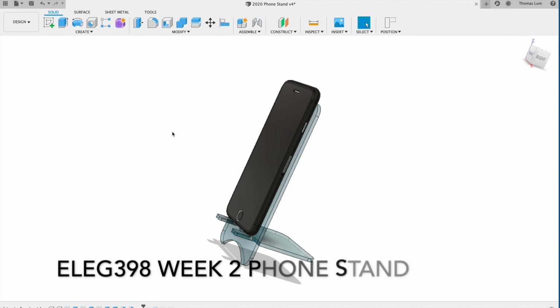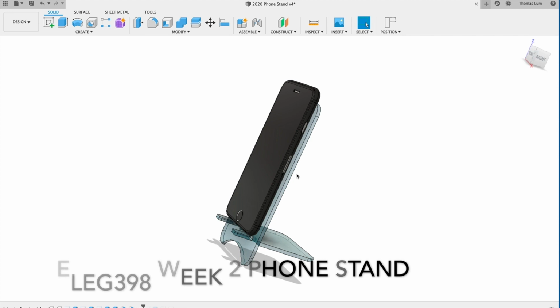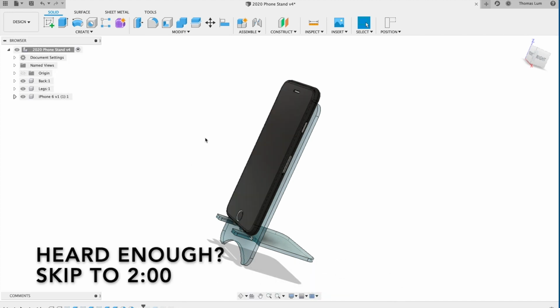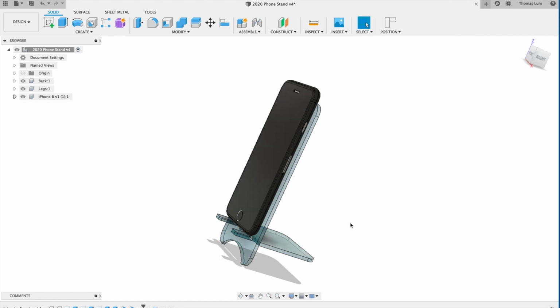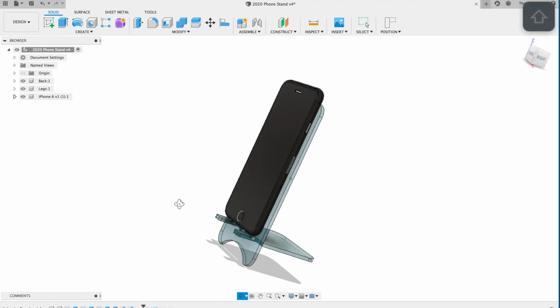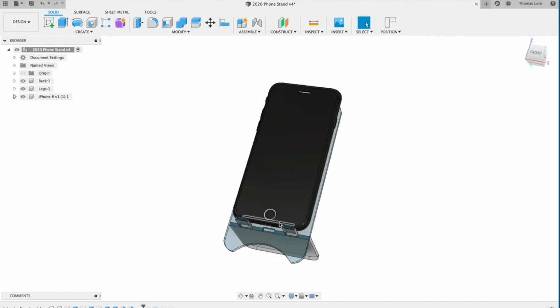Okay, so this is what we're going to be building or designing today in Fusion. It's a phone stand. As you can see here, I kind of have a model one already. The stand sits kind of at an angle. We're going to build it 90 degrees, obviously, but the phone sits on there. There is some space at the bottom so you can plug in your cord, and the cord can come around